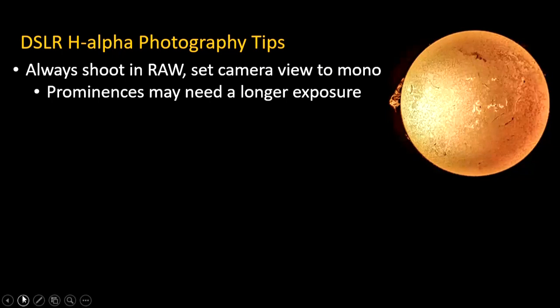Firstly, always shoot in RAW, because that's the highest quality. And I find that if I set my camera view to be mono, it's easier to focus. If you are photographing prominences and stuff like that, you might need a longer exposure because the stuff out here is fainter than the surface detail. But having the camera set to mono makes it so much easier to actually see the features, because in color,